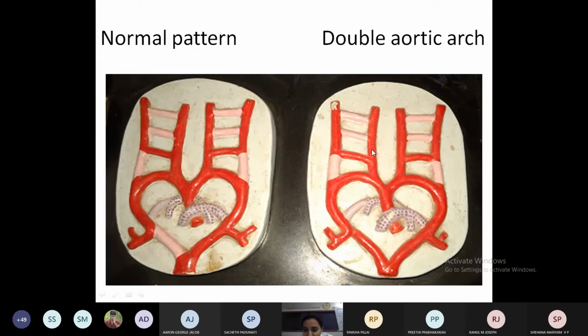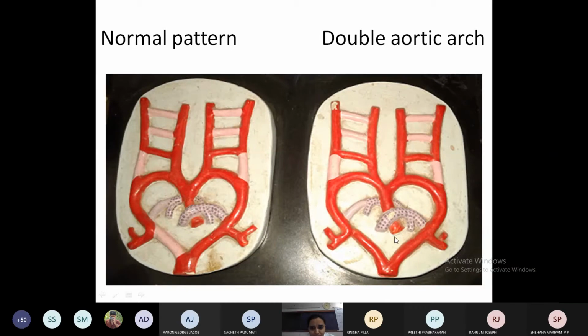And this one, it's an anomaly. It's a double aortic arch. On both sides, aortic arches are there, right and left. The part of the dorsal aorta below the attachment of the right seventh intersegmental artery should not be there. It should disintegrate. That's why we can see double aortic arches. We can see double aortic arches in birds.